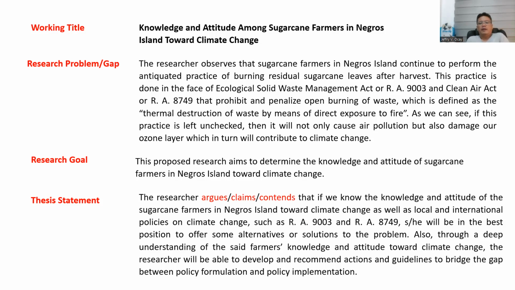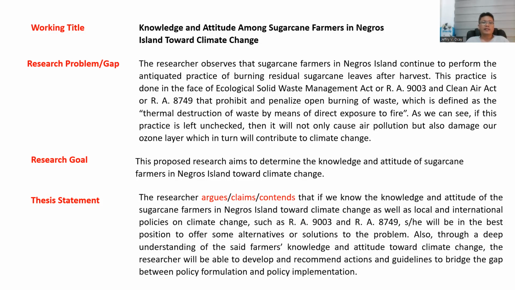What's the gap of knowledge, or what's really the problem that I want to see addressed in this proposed research? Let me just read this one. The researcher observes that sugarcane farmers in Negros Island continue to perform the antiquated practice of burning residual sugarcane leaves after harvest. This practice is done in the face of the Ecological Solid Waste Management Act, or RA 9003, and the Clean Air